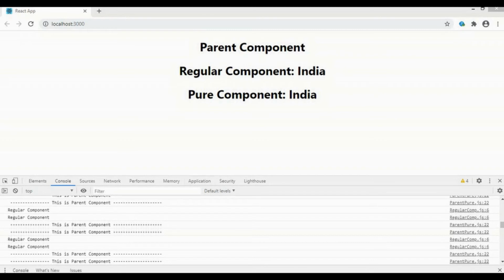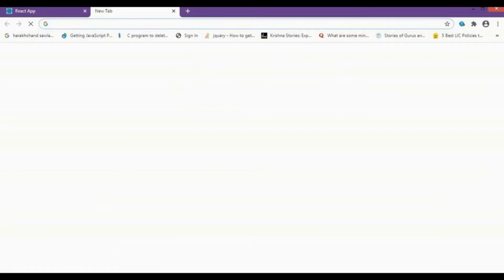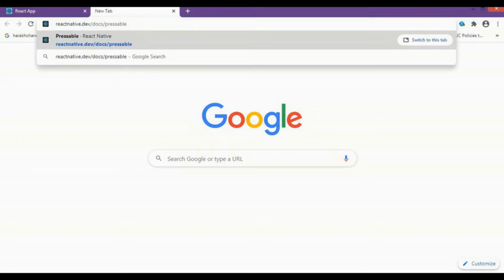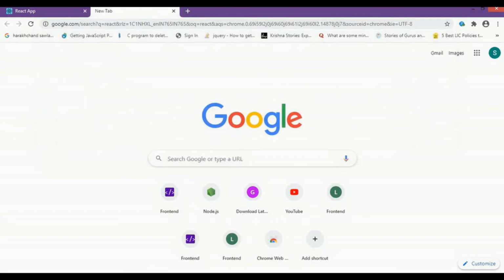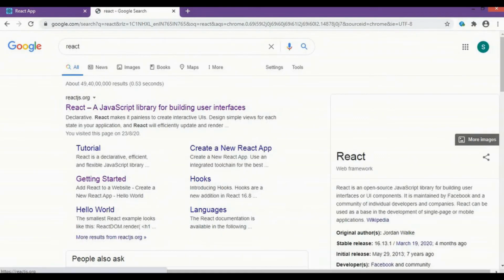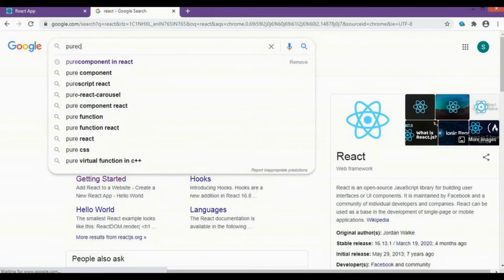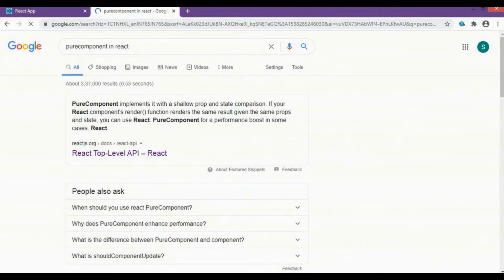To understand that, let's go back to our React docs. So I'll search for react.js, and inside, I'll search for pure component in React, and then let's open up the first link.